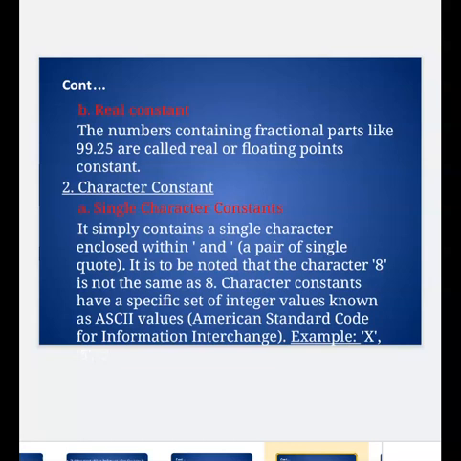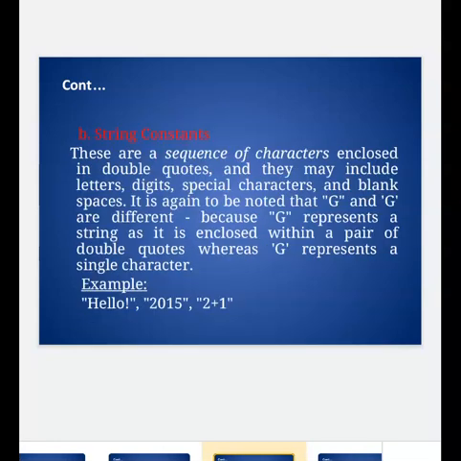As I said, single character constants are always given within a pair of single quotes. And a string constant is a sequence of characters enclosed in double quotes, and it may include letters, digits, special characters, and blank spaces.